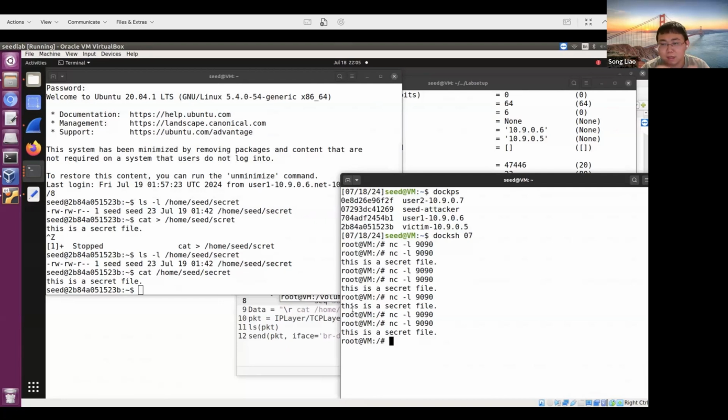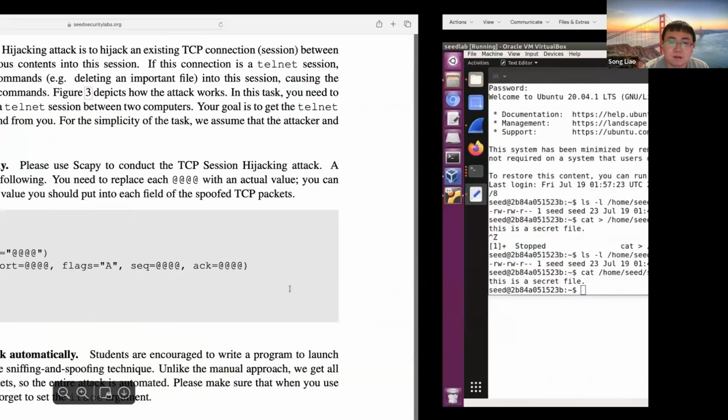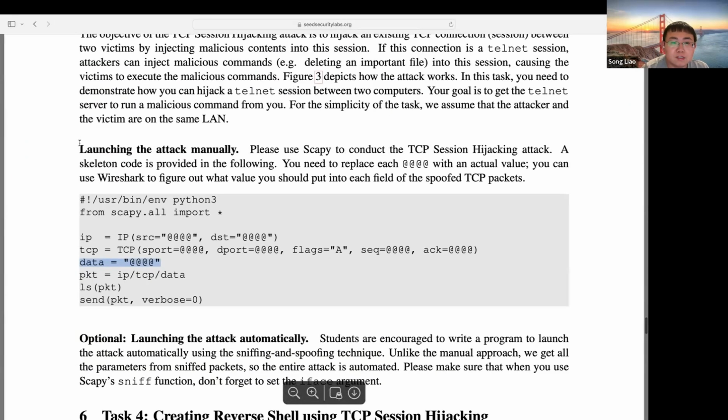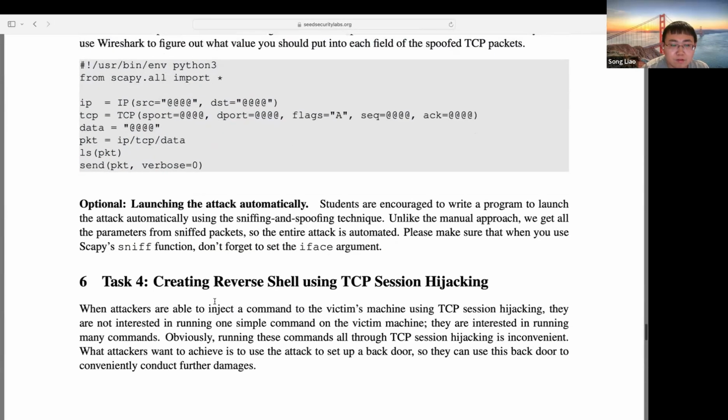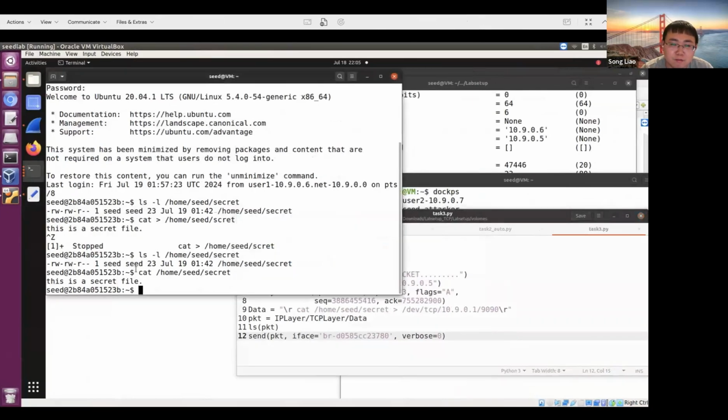For task 3, we just need to read the file and get the information. So this is how to launch the attack manually for task 3. One thing you need to be careful about is here: when you input some characters, you need to delete them. And in fact, after this